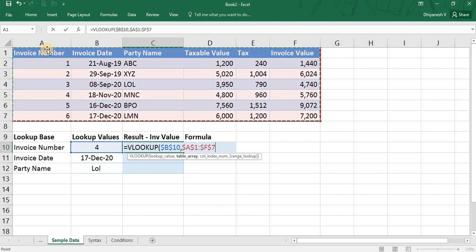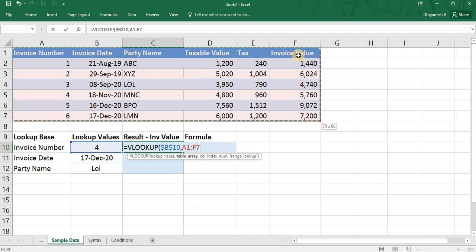When you are selecting the range, the leftmost column should contain the lookup value, because the VLOOKUP formula searches this value in the leftmost column of the range you select. If you select from invoice date, 4 will not be available, so you should select from invoice number and till your result column.